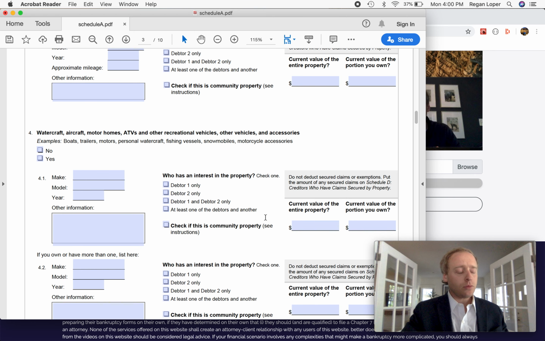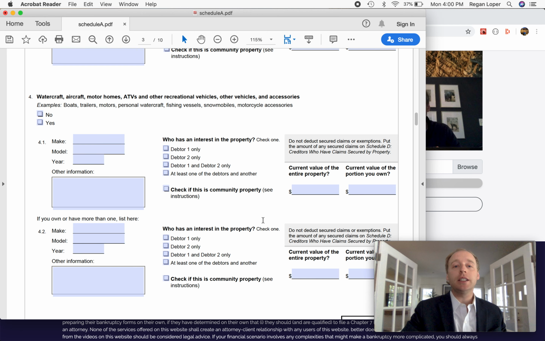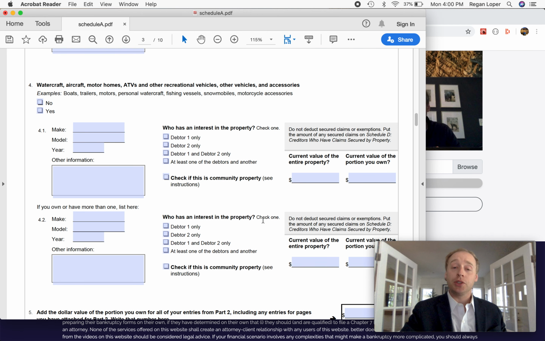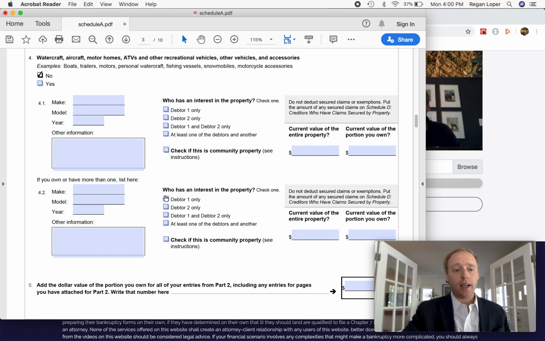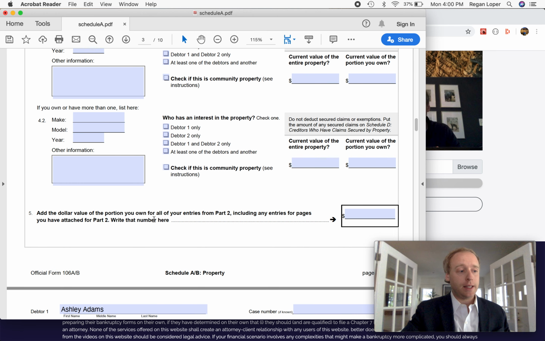Okay. Question 4. Watercraft, aircraft, motorhomes, ATVs, and other recreational vehicles, other vehicles, and accessories. Do you own any of these? In Ashley's case, she did not. If you do, obviously you need to disclose those to the court and fill them in here. So that is that. The next part is add the dollar value of the portion you own for all of these entries,